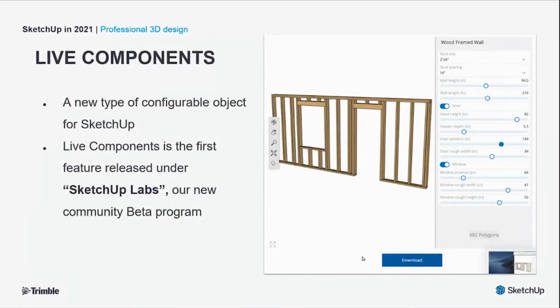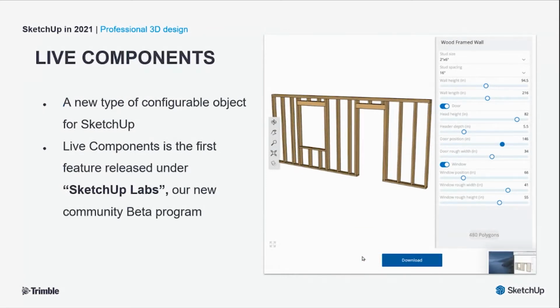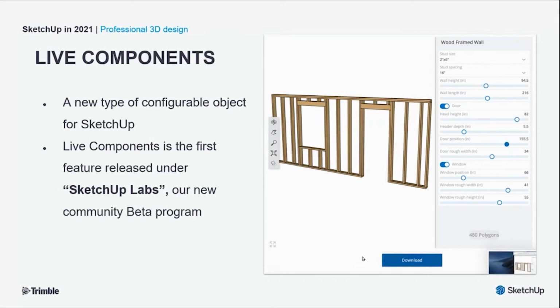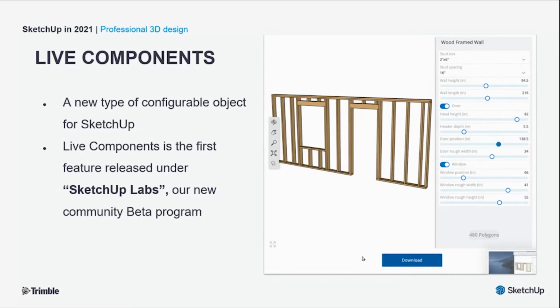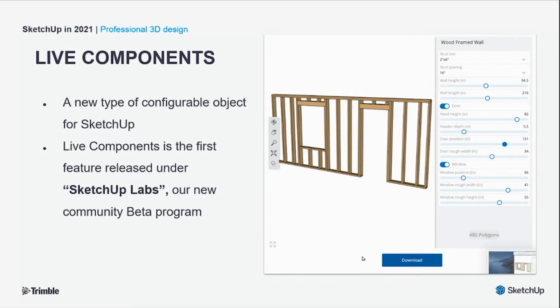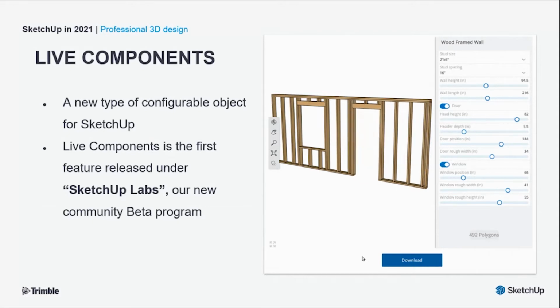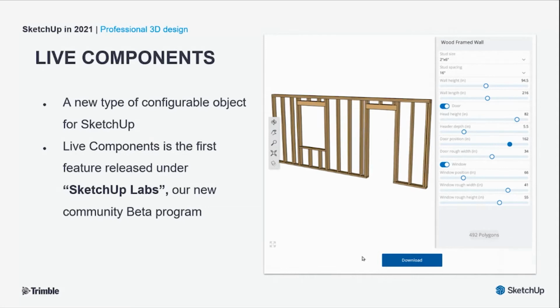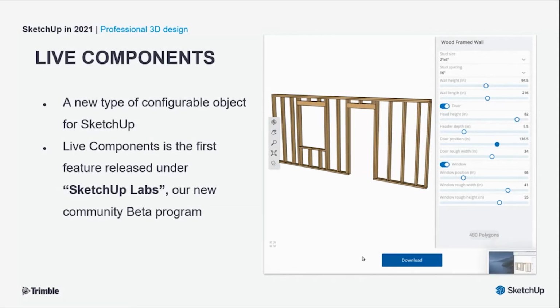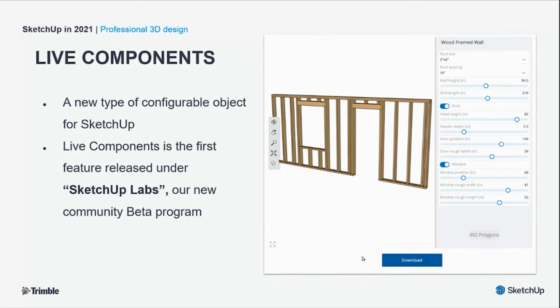Now, I hope all of you will be happy if you can get a set of ready-to-use components for your design. So what if you can readily adjust or customize them? Definitely you will be happy, right? Because it will reduce a lot of time. So there are new configurable objects available as live components. If we need a similar component with different properties or a different size, we can now reconfigure any live component and customize it within our SketchUp model itself.